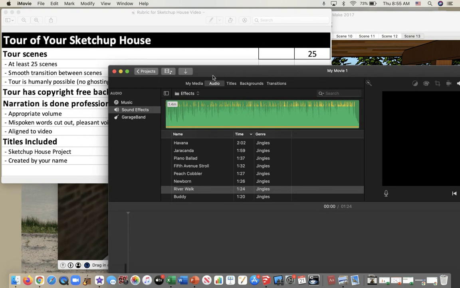And then align to video. So if you're talking about your living room when you're in the bathroom, that's not aligned to the video. You need to be talking about the parts that you're viewing at the time. So that'll be easier after we get the video actually imported, so you can actually just talk right along with it. If you want to type this out ahead of time, fine. If you want to just fly by the seat of your pants and talk about it as it goes,